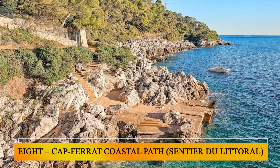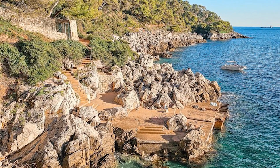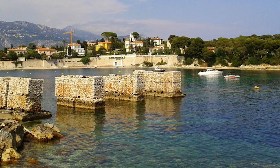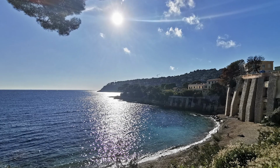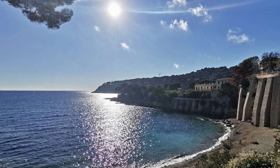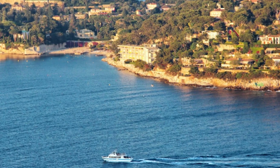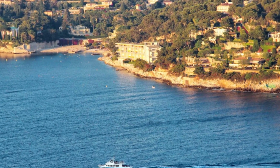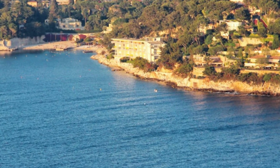8. Cap Ferrat, Coastal Path, Sentier du Littoral. Technically beyond Nice's city limits, yet reachable by a 20-minute bus ride, this footpath encircles the rocky promontory of Saint-Jean-Cap-Ferrat like a silver chain. Begin at Paloma Beach, where umbrella pines frame a yacht-speckled bay, then follow limestone steps skimming